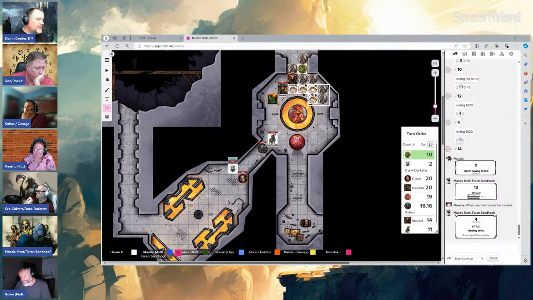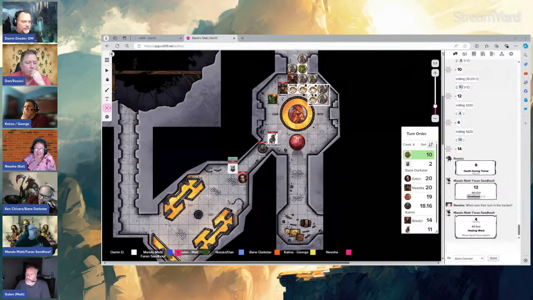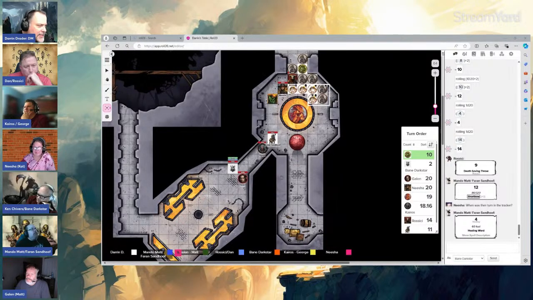That'll be great. There we go. Okay. Boy, Nisha, you're in a bad spot. I really am. Okay, so the good news is they're all prone. Yeah, and she's got a meat shield with 4 hit points. Okay, so